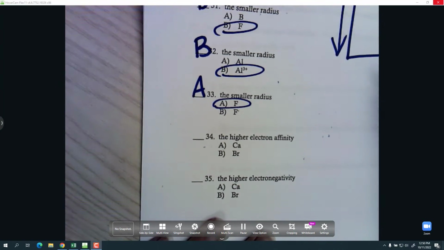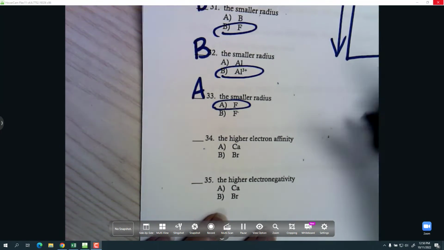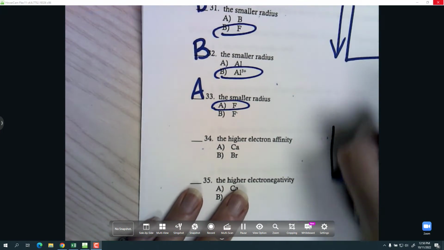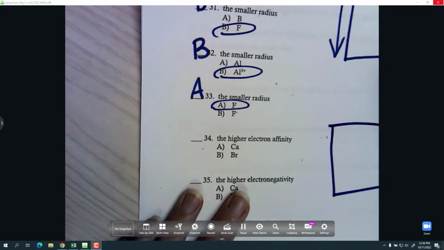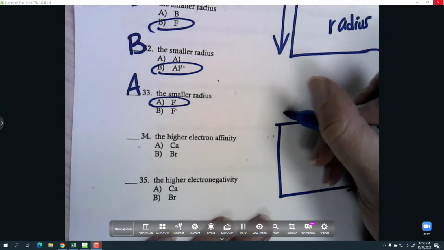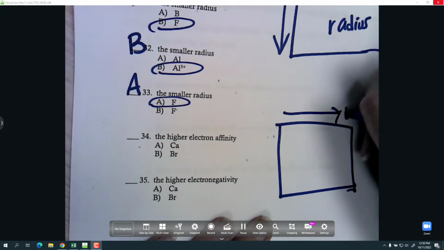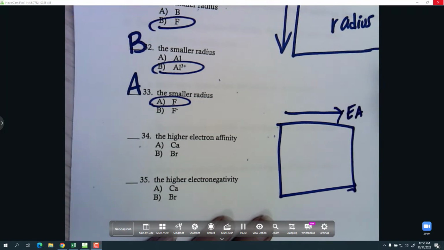All right, so electron affinity increases. Electron affinity: how much does it want an extra electron? It wants an extra electron more as we go this way. And electronegativity